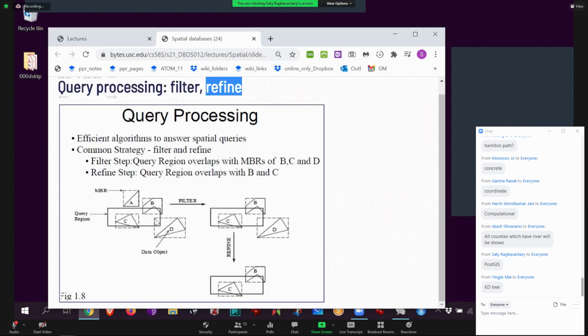D's bounding box makes it seem like it needs to be inside my query region. So I will actually end up examining C and B and D, but I would throw out D because in reality, this point is not intersecting my actual triangle. But that's okay. In reality, I can throw away millions of these and probably have like 20 false positives. The real answer that I should get is B and C because the actual polygons intersect my region.